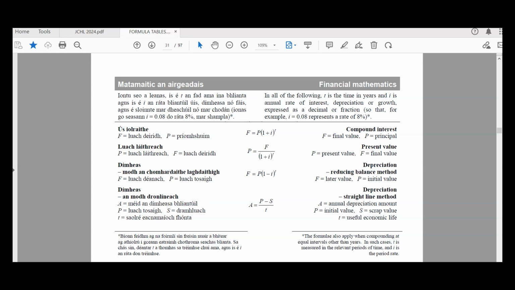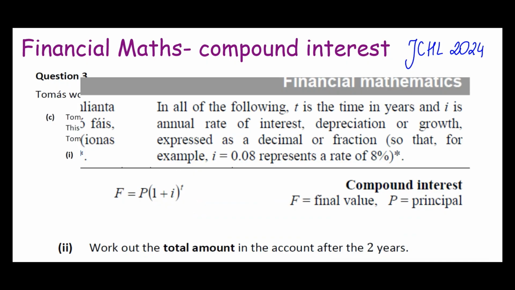Now, in our Junior Cert, we don't really look at that part. We are only concerned with years. However, that financial maths will go forward in your Leaving Cert, and we will be looking not only at years, we will be looking at months, at quarters, at weeks, anything, and we will be considering that aspect. Okay, back to